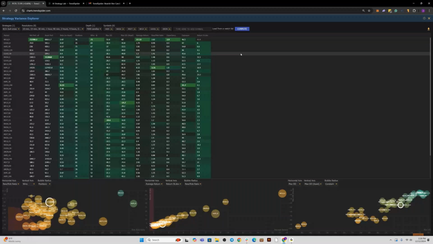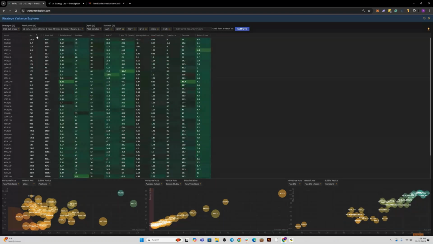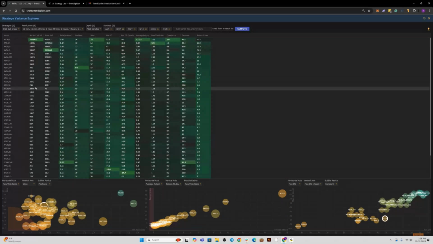So this is just a quick and easy way to get down to the meat of how your strategy does across perhaps all of the names that you might be interested in trading it on. So you can see all of that data broken down. You can, of course, filter all of this. You've got a lot of different data points here, from performance of the asset to win rate to max drawdown to average return. If you're into strategy building, this tool is going to be wildly helpful for you.